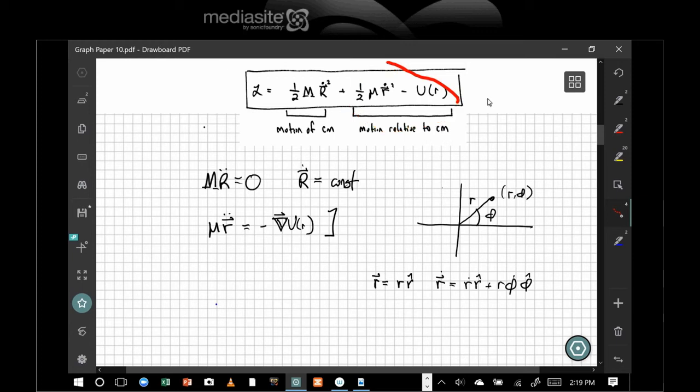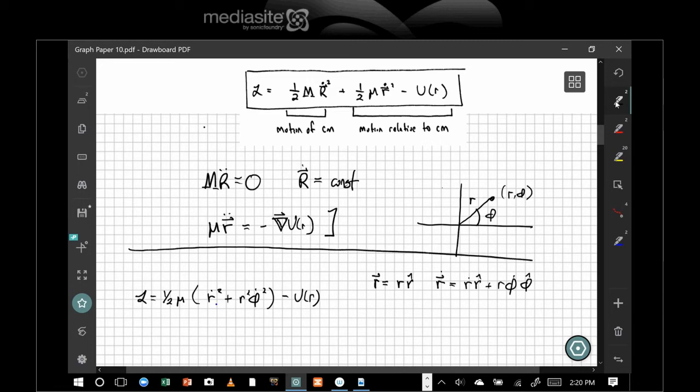Okay, so this is my equation of motion in general, but let's go back to my Lagrangian and get the equations of motion from the Lagrangian. So if we just ignore the capital R dot term, we're going to look at the motion relative to the center of mass. Notice I get an r dot squared. So if I look at just this term here, because the other term is a constant, what I'm going to show is that